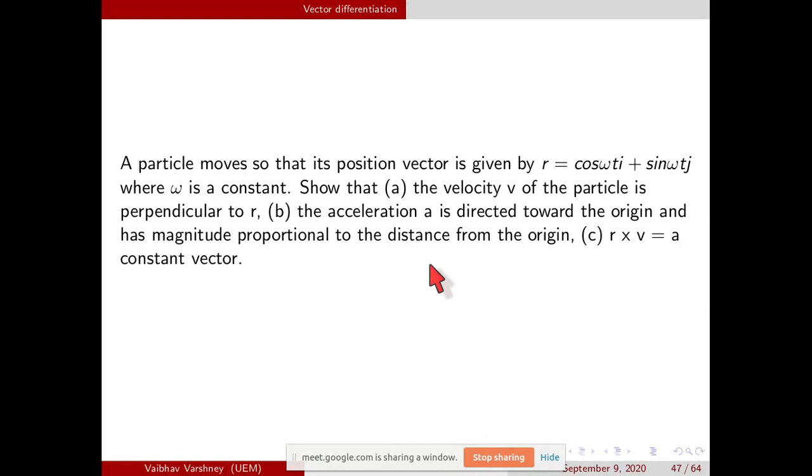There are some formulas regarding these differentiation formulas and partial differentiation of vectors, like the commutative law and the distributive laws. I think you already know those. If you do the derivative of a plus b, that will be the derivative of a plus the derivative of b separately. But in case of dot and cross together, the derivative of a dot b cross c, the order should be maintained. Means a dot b cross dc by du, plus a dot db by du cross c, plus